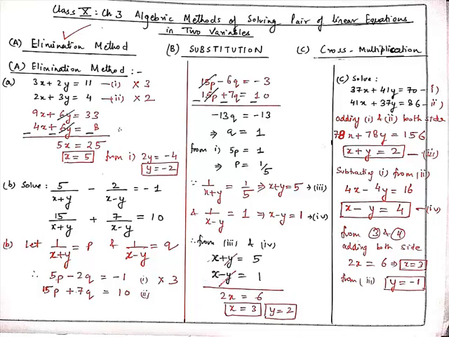Therefore x equal to 3, and on substituting x equal to 3 in any one of the linear equations, we get 5 minus 3, which is equal to 2. So y is equal to 2. Now our third question for today is: solve 37x plus 41y equal to 70 and 41x plus 37y equal to 86.